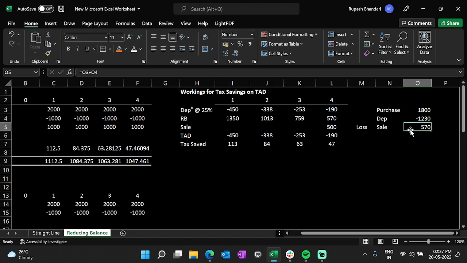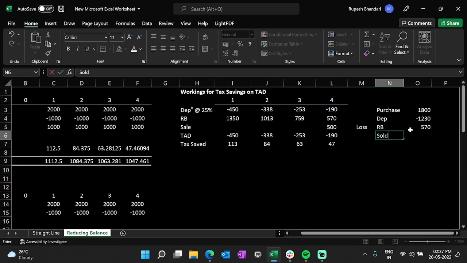That's the current balance that it should have, right? So what has happened? How much did you sell it for though? You sold it for 500, right? Remaining balance, but you sold it for how much? You sold for 500, right? How much loss are you making? 70, right? 70 loss,